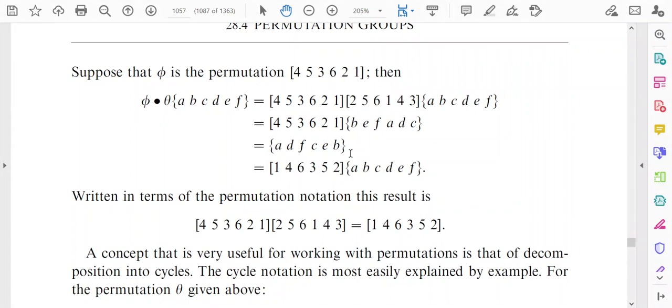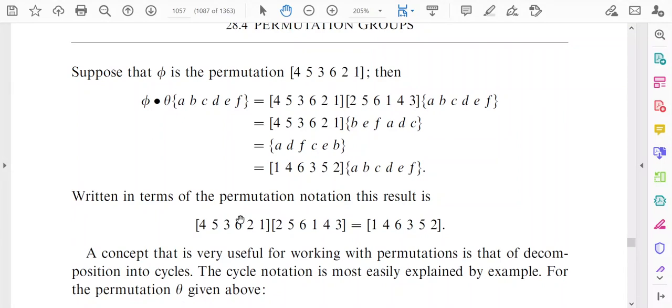Here you have to note it in this way: 4 means the fourth object will come first. The fourth object was A, so we write A here. The fifth object will come to the second. The fifth object, counting 1, 2, 3, 4, 5, is D, so D will come second. Then 3, that means the third object, which is F. Then 6, you write the sixth object, which was C, so you write C in this way.